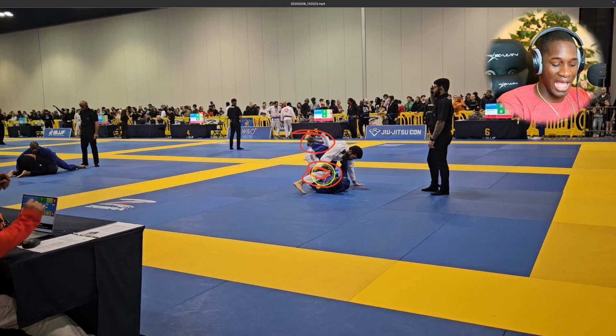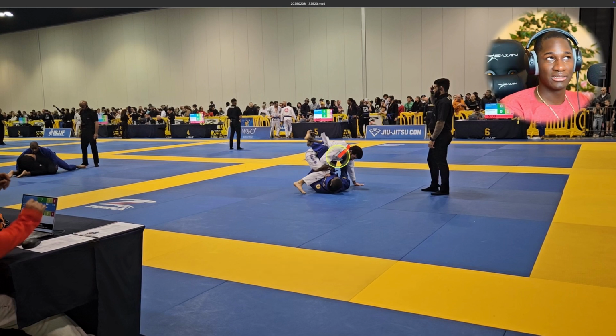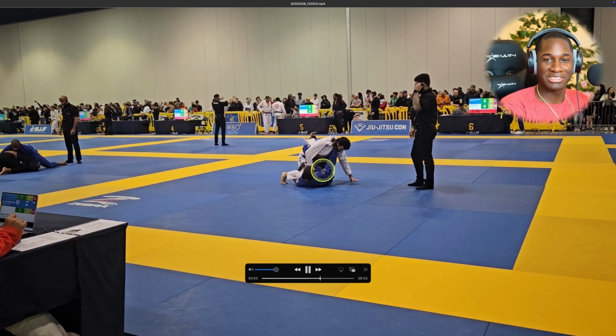As you see here, I have my collar and sleeve. I have my collar. I have my pseudo collar. And what's my pseudo collar? That lapel grip that I have not let go of since I was in half guard with him. From half guard, we went to mount. And from mount, he reversed it into closed guard. And now he's standing up. It's a pseudo collar grip. And guess what? I go under him and I get my sleeve grip. This is crazy. Like, have you paid attention? Boom. I would call this my collar sleeve grip. My collar sleeve game. I have a collar sleeve right here